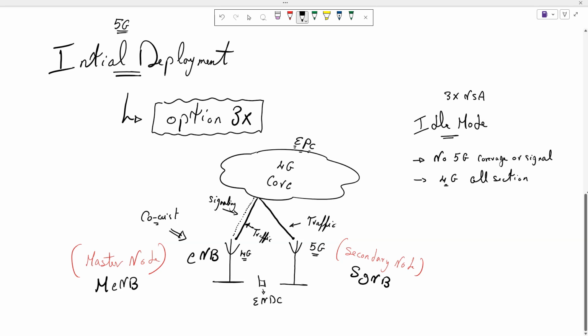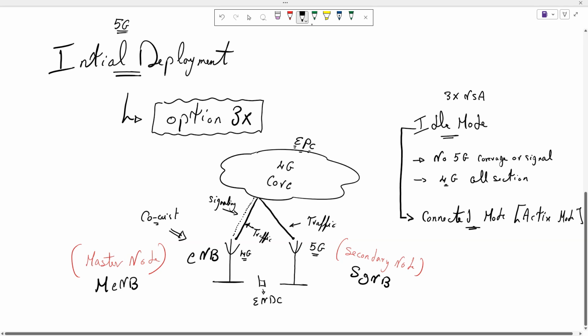You don't know about the 5G in idle mode for NSA. Just only when you move from idle mode to connected mode, or active mode, only at this moment